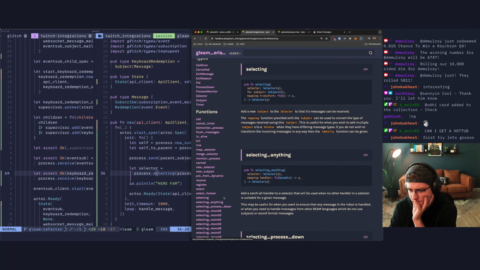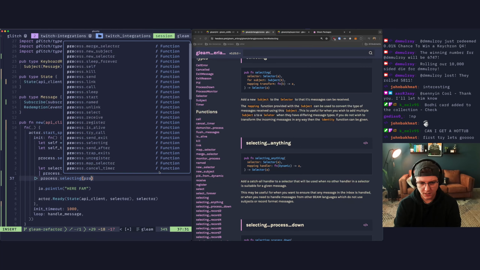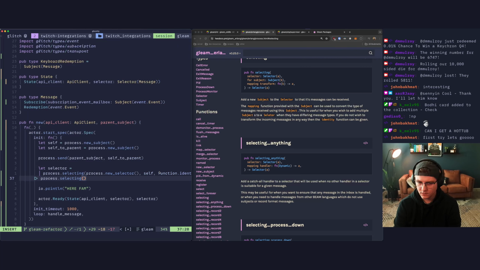I think I could go like this, and then we go into process.selecting, and that'll be process. This will be self to parent, and that would be function.identity as well.